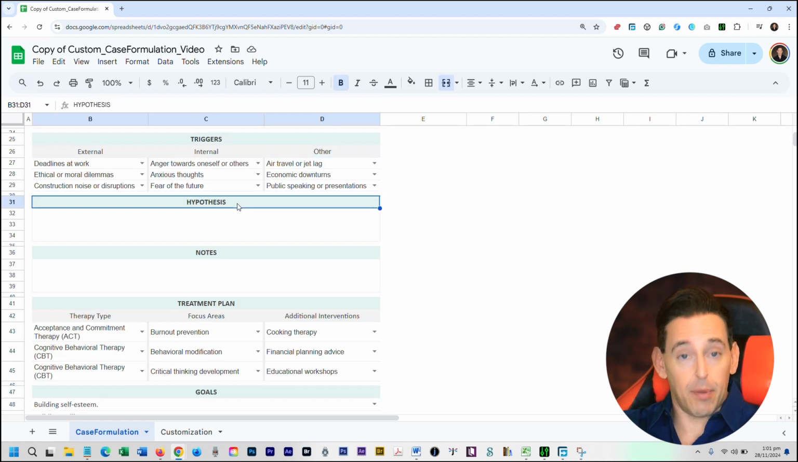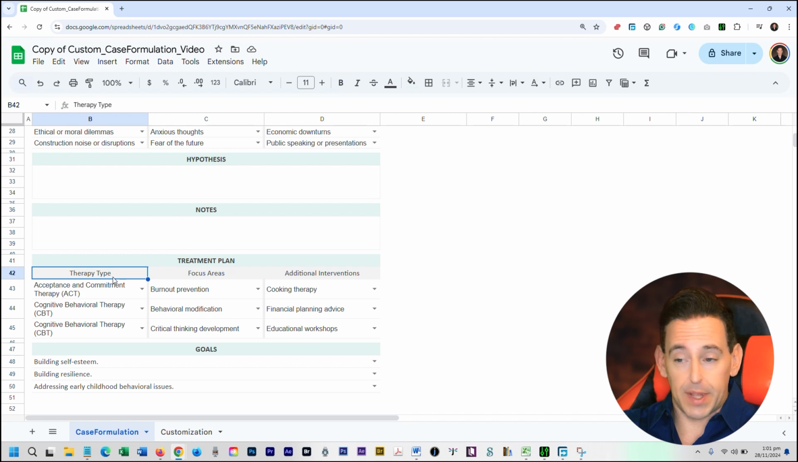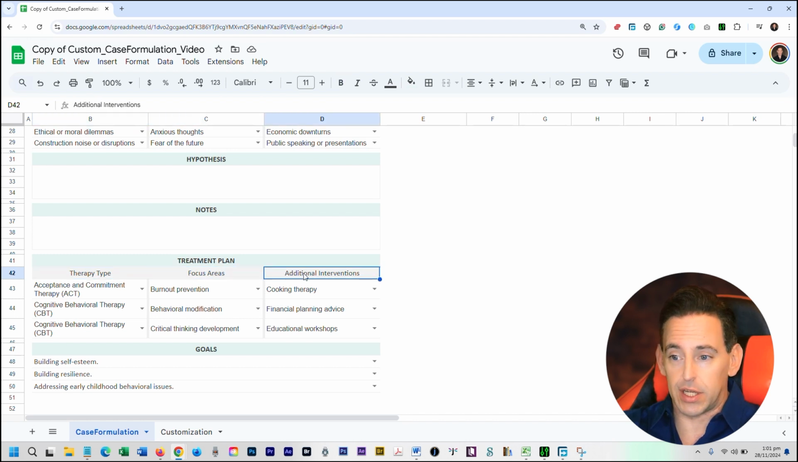There is a hypothesis section and a treatment plan. So this template includes a dedicated section for creating a personalized treatment plan. You can choose therapy types, focus areas, and additional interventions. And again, you've got the drop-down menus, and you can enter your own tailored details as needed for these different